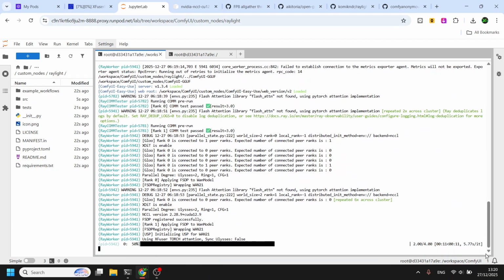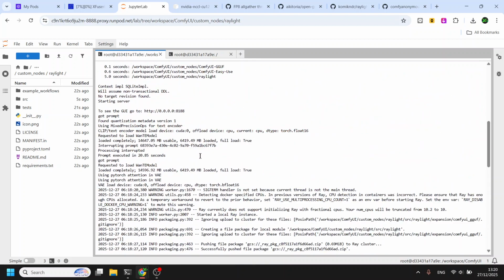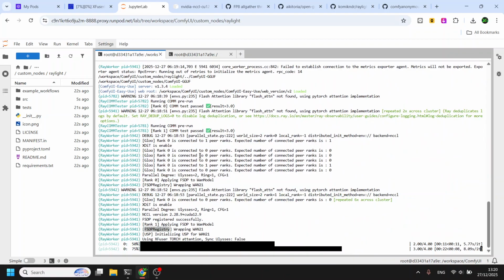Again, 5.77 seconds per iteration, so it's running. You can see we do not get that NCCL error requiring reduction in SM90 device.